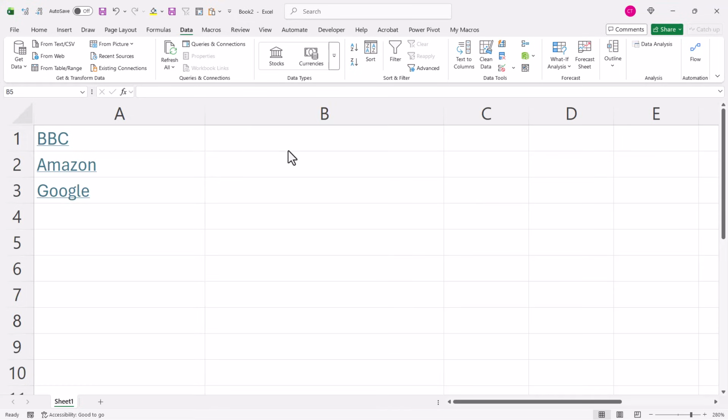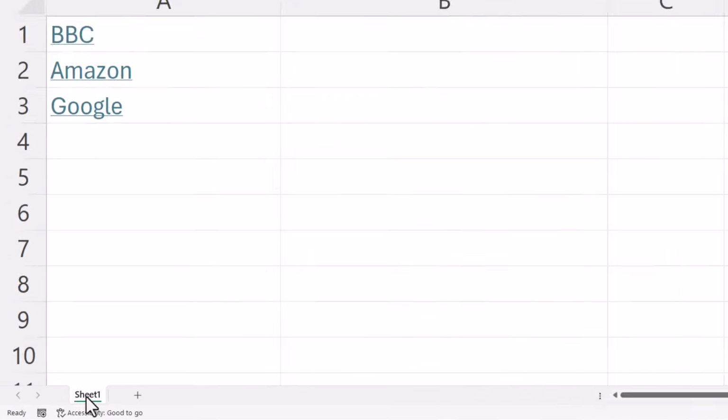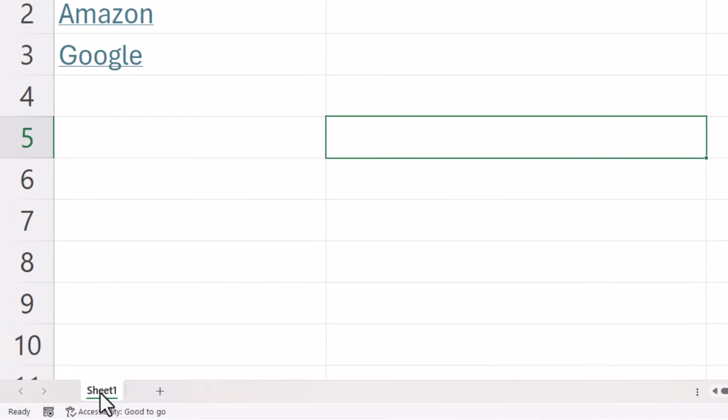Okay, you're in Microsoft Excel, you have a list of hyperlinks and you want to extract the URLs from those hyperlinks. Now to do this, we're going to use a small piece of VBA code, which I'll provide in the description of this video. So your first step is to go down to the Sheet tab, right click on it